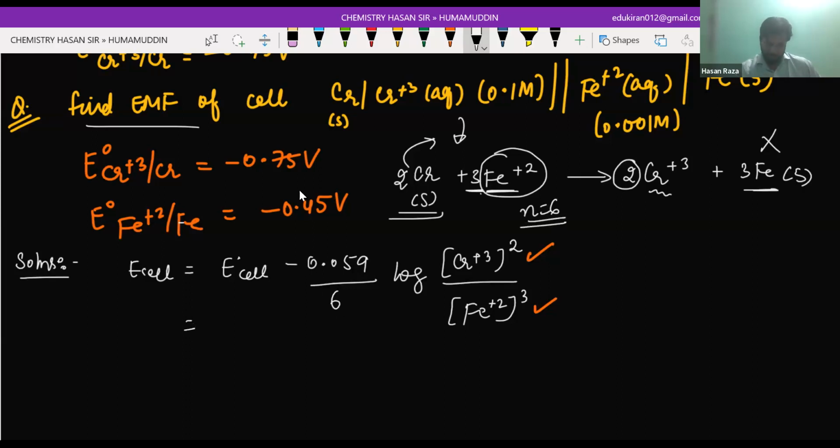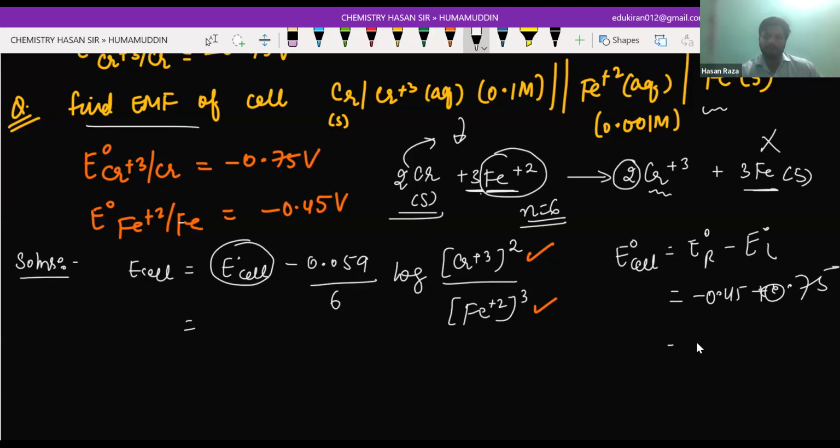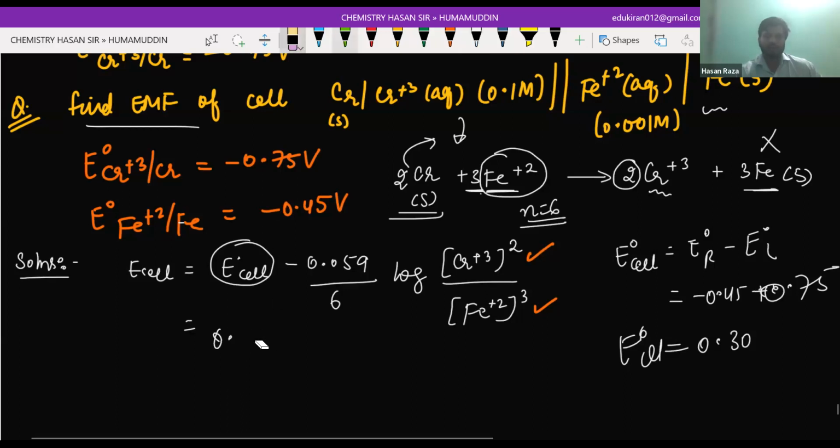Now you are going to put the value and then calculate it. First of all, have you calculated the value of E naught cell? Yes, sir. What is the value? 0.30. Very good. E naught cell is equal to E naught right minus E naught left. Right is on iron, and you can see iron is minus 0.45. And again, when it will be more, plus 0.75. So that's a correct answer, 0.30. And accordingly, you can write the value in E naught cell, sorry, 0.030. I have written 0.30 minus,